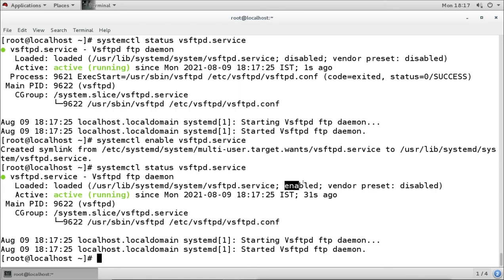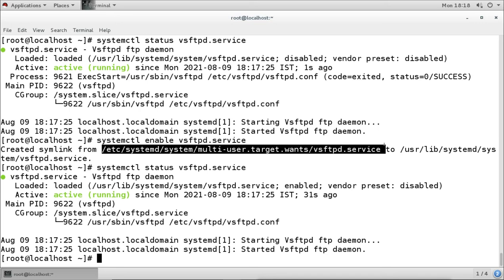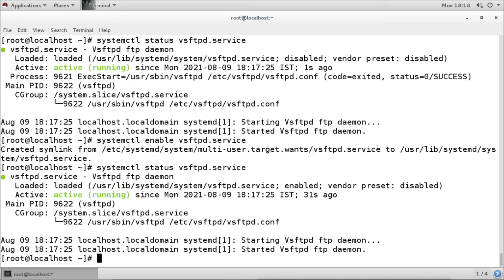Interestingly, when you enable any service, like the target we changed, it creates a symlink, a link from this lib directory to this etc directory. So all the links are there, which will run when our system boots.